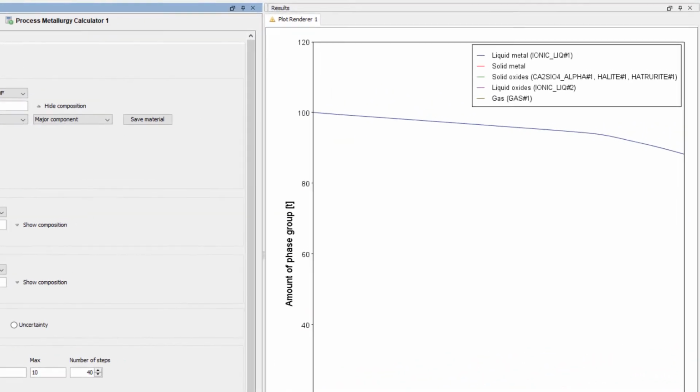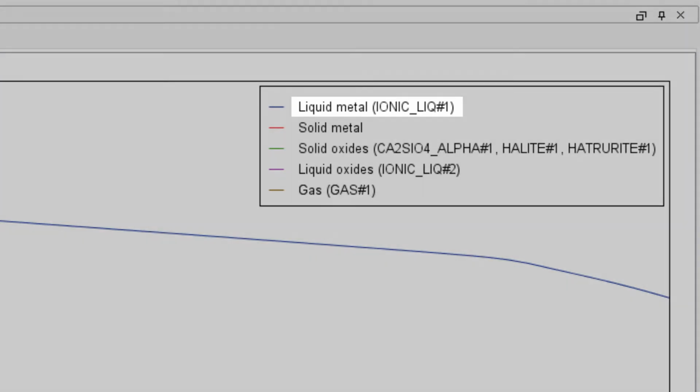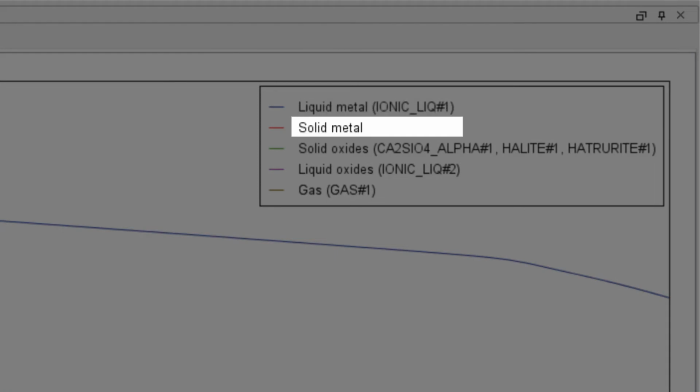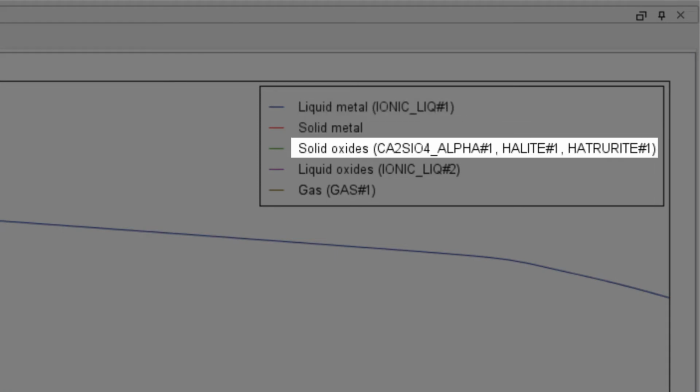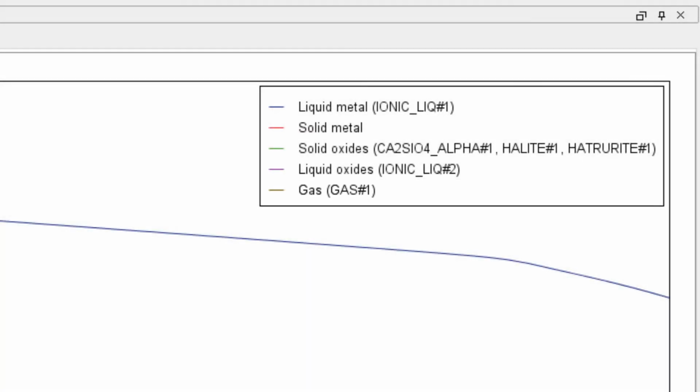The concept of phase group is new and was introduced for the Process Metallurgy module to make the interpretation of your results easier. Phases of similar type are bundled together in the groups liquid metal, solid oxide, liquid oxide, and gas. All the groups except the gas phase can have more than one phase.